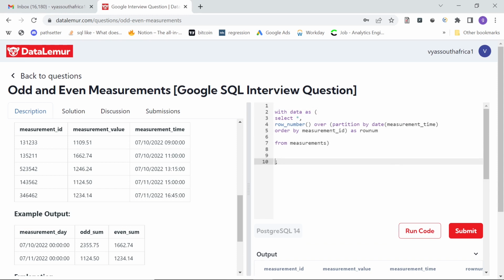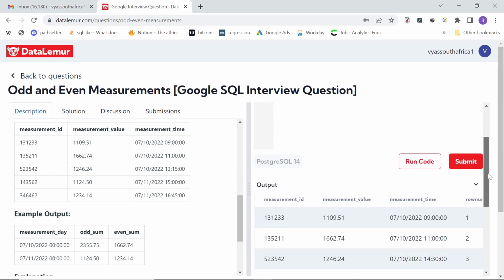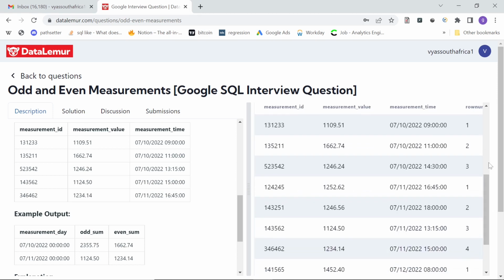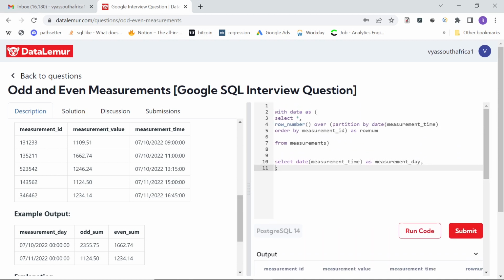Okay, and now, as you see in the output, we need to group it at a measurement day level. So I can say select date of measurement time again, and give it a name as measurement day, first step. Okay, and then, just think about it, how can we separate odd and even numbers? One easy way is to find the remainder when we divide by 2, right? So I can say,